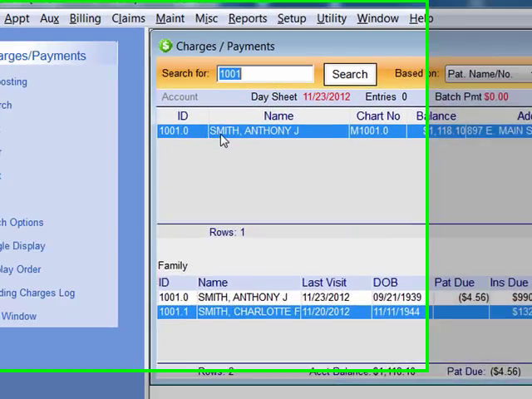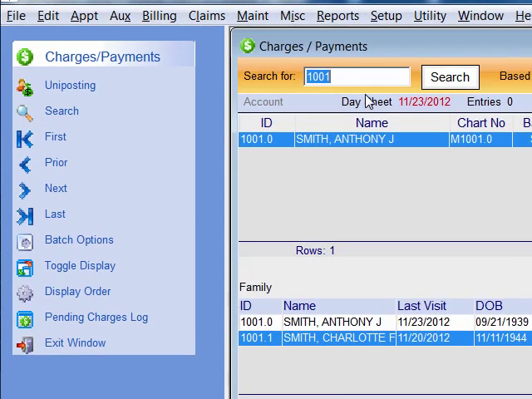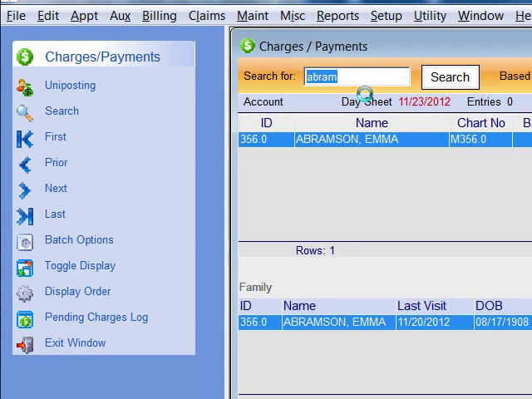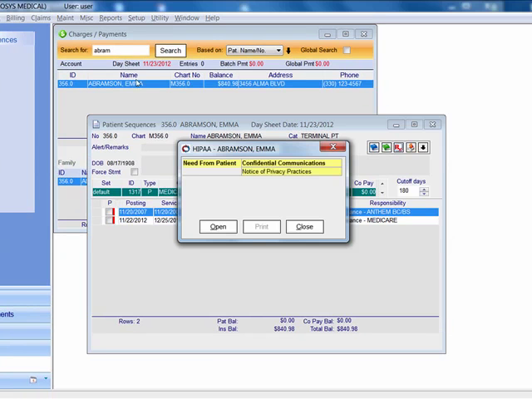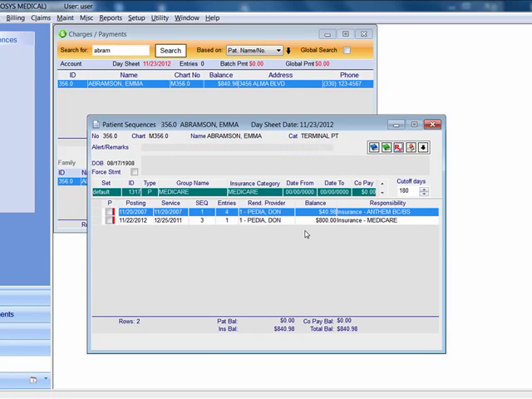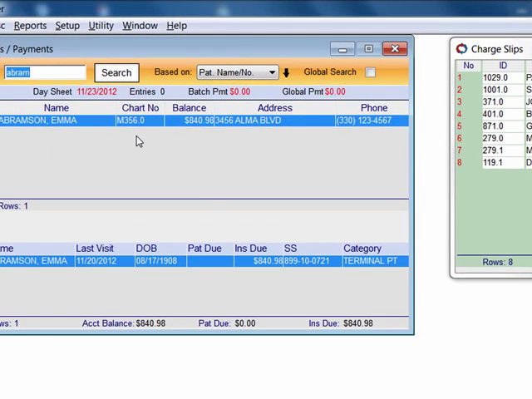search window. Even though you're seeing Anthony Smith, I can key right over this number with a name or another search. And when I back out, I'm back to my search screen. I don't have to backspace. When it's highlighted like that, I can just start typing, just like any Windows product allows you to do. But in this case, I want to demonstrate to you how to use the charge slip list to post